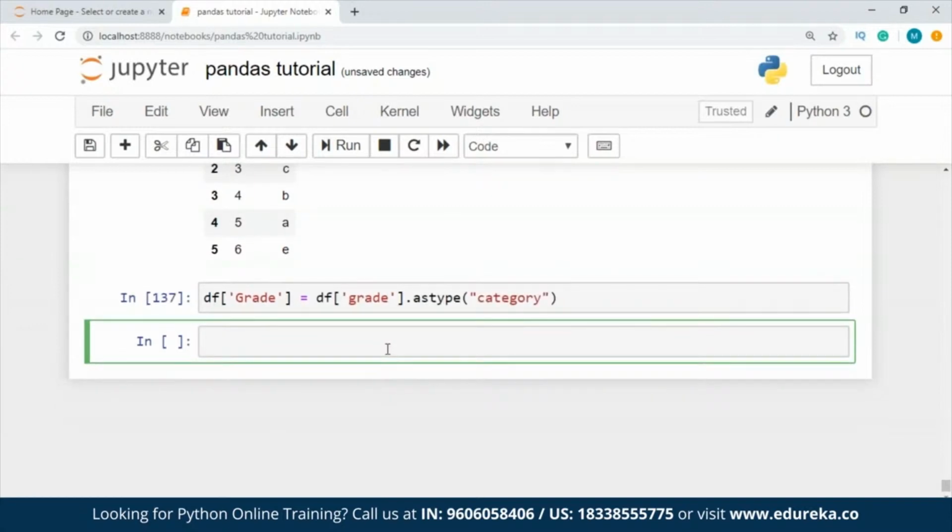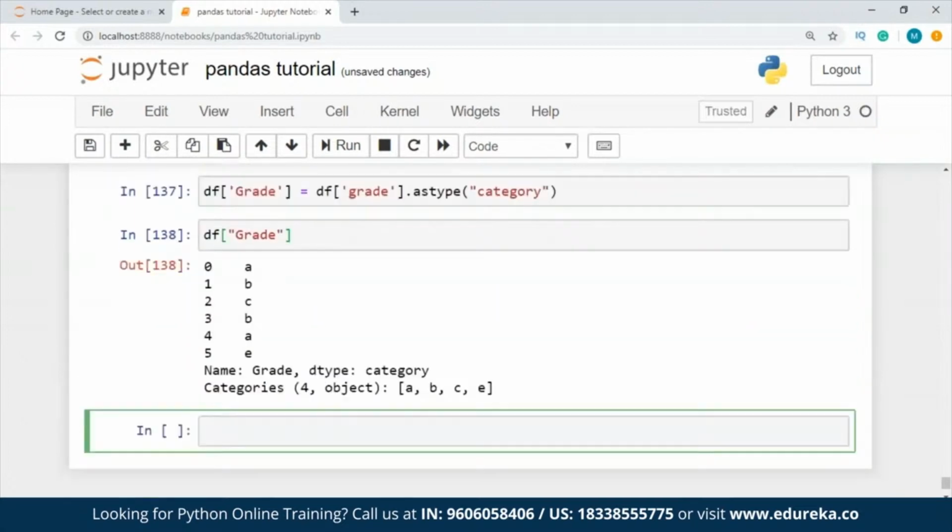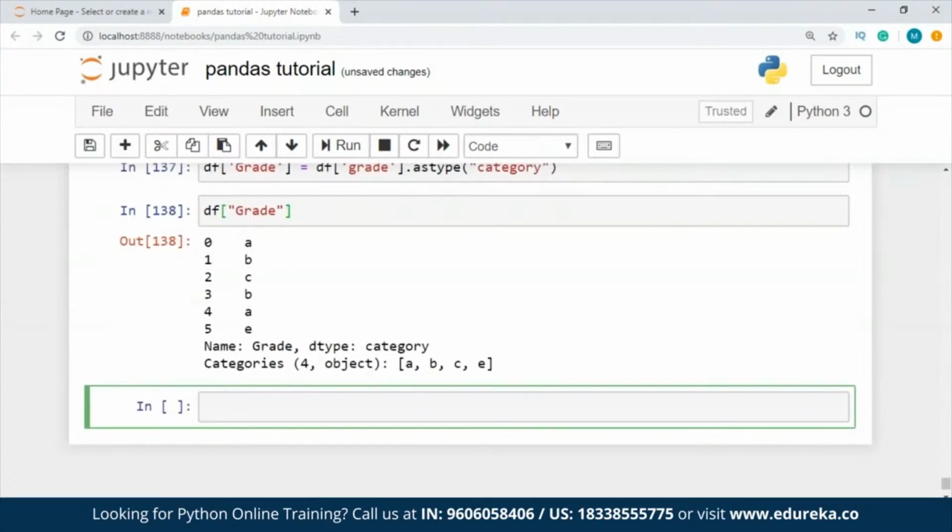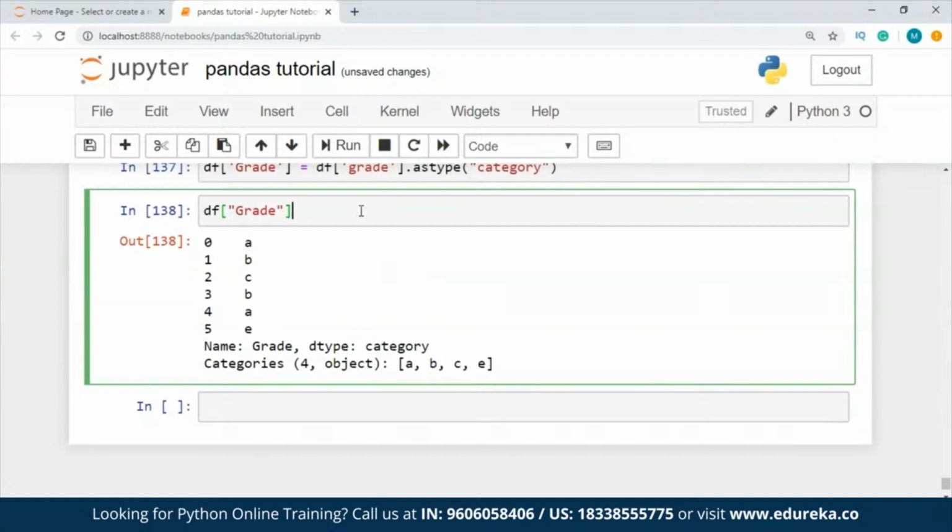All right, now we print df grade. So we have grades like A, B, C, B, A, E. Now I'm going to rename the categories to more meaningful names. So what I'll do is I'll make the change over here only. So I'll write cat dot